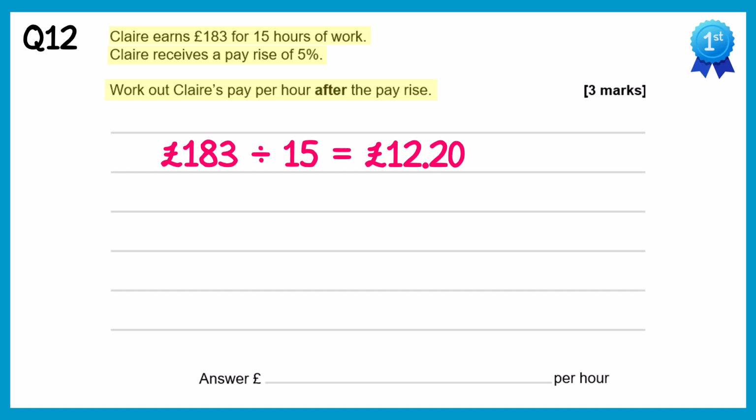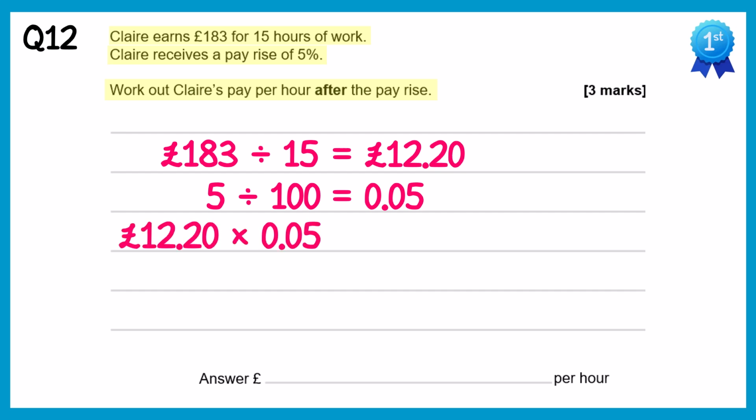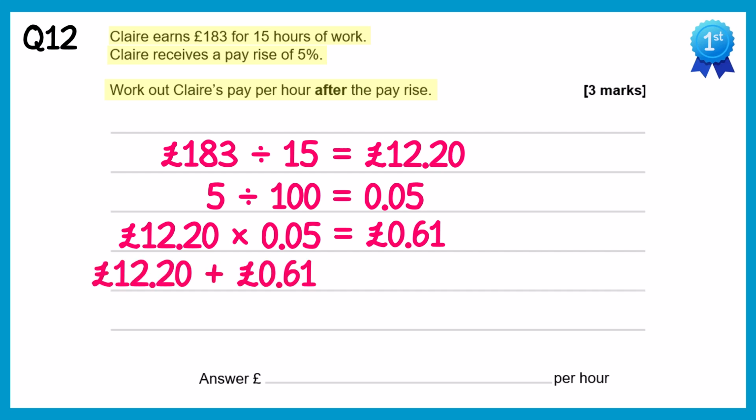To find 5%, we're going to find the multiplier for 5%. We can do this by just dividing 5 by 100, which is 0.05. This means we can multiply any number by 0.05 and it will tell us 5% of it. So let's use it to find 5% of £12.20. So £12.20 times 0.05 is 61 pence. So we know that Claire is going to receive a pay rise of 61 pence for each hour. So we can add that on to the £12.20 and we get her new pay of £12.81, which is the